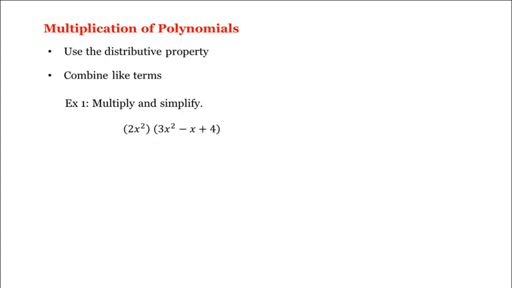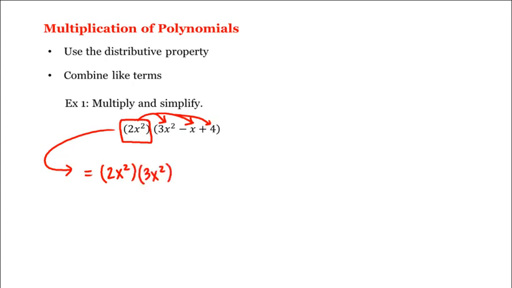The first thing we'll do is distribute this monomial to each of the three terms in the trinomial, which gives us 2x squared times 3x squared plus 2x squared times negative x plus 2x squared times 4,